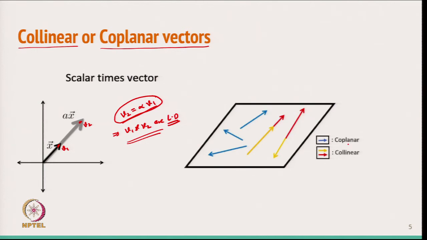Another type of vector is coplanar. Coplanar means if I take vectors like this vector, this one, this one, this one, these are lying on the same plane. So, they are called the coplanar vectors, and these are the collinear vectors. One vector is in this direction, another is coming in this direction. So, this is a collinear vector, it is of opposite direction, but here it is coming in the same direction. So, they are the collinear vectors. So, now we talk about 2 vectors or 3 vectors, then we want to check whether they are going to be collinear vectors or coplanar vectors.